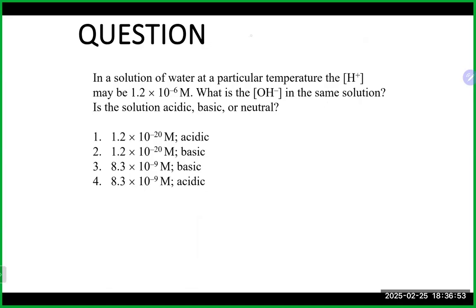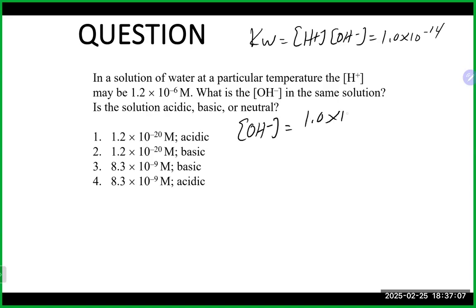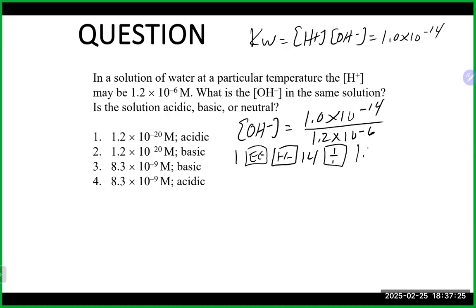Once again here, we're going to use our Kw expression, our H plus concentration times our OH minus concentration equals 1 times 10 to the minus 14. In this case, we are looking for the hydroxide concentration, so we have 1.0 times 10 to the minus 14 divided by the H plus concentration, 1.2 times 10 to the minus 6. Again, for reminder's sake, hit a 1, your exponent button, your negative button, and 14, a divide button, perhaps a 1.2, an exponent button, a negative button, and a 6, and perhaps an equals button. And if you do all that good stuff, you should get